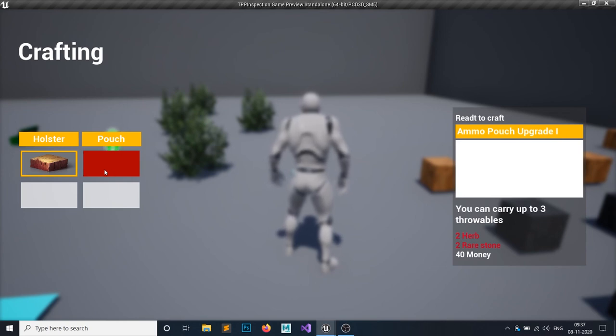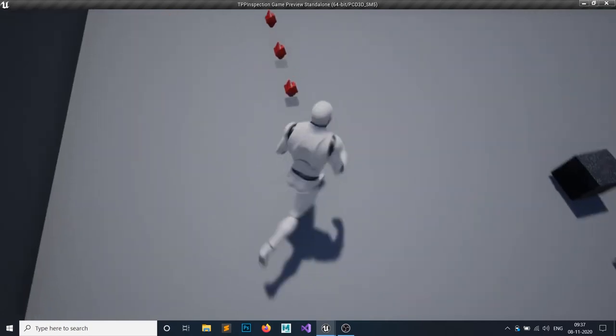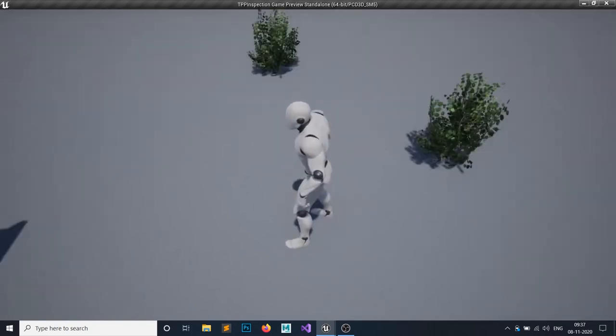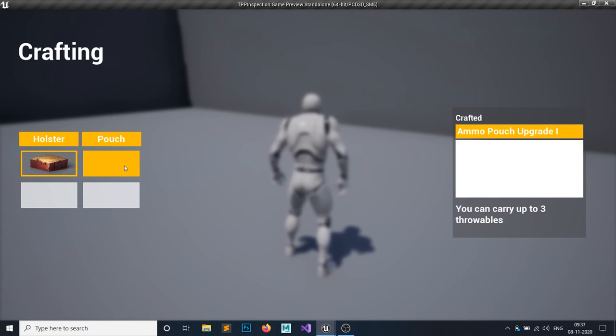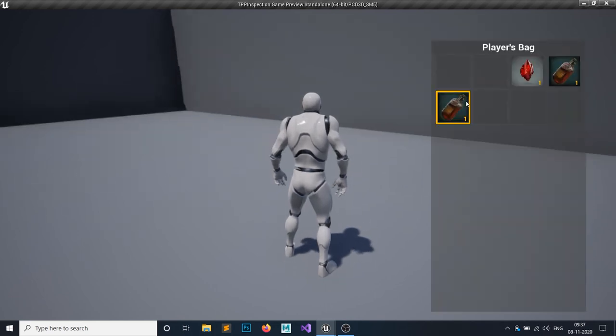Yep. Are we setting the status in here? Let me just see real quick. 1, 2, 3, 4. Yep. As you can see, this is a bug where this item, herb, is stackable, but it is not stacking because it is in different slots. So don't worry, we will reassign these items in the next episode.